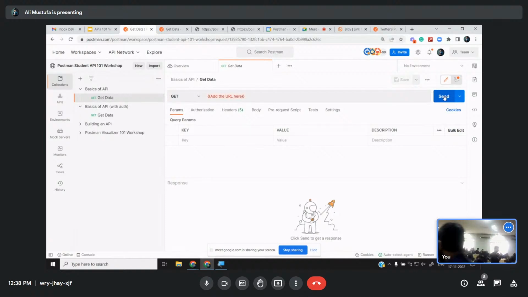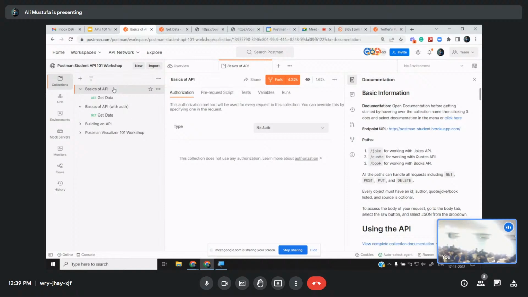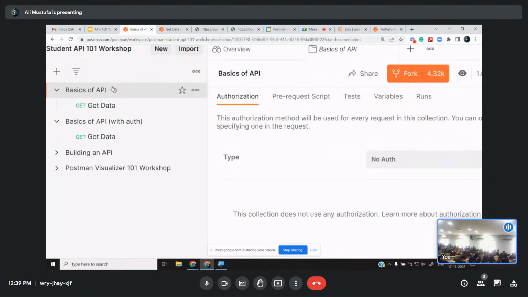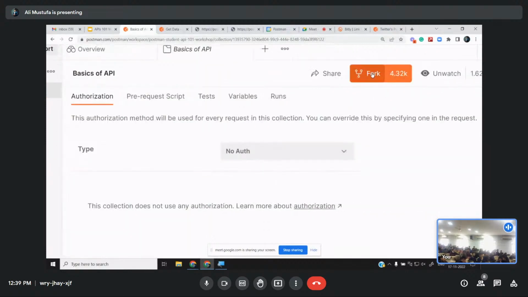So, how do you create a fork copy? It is necessary, yeah? Without forking, you will not be able to add your joke, okay? Forking is necessary, okay? So let's go ahead and fork it. So how will you do it? Click on basics of API. I'll zoom this a little bit. Once you click on basics of API, you will see a button called fork.